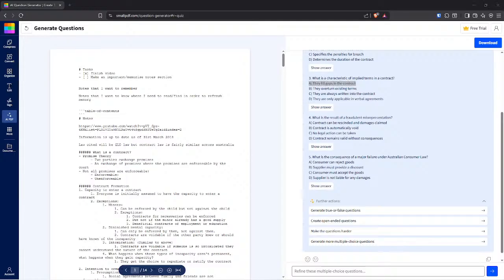So an implied term would be the mower is allowed to use a modern mower, right? And I'll just double check that. Implied term. Not written into the contract or spoken about. These fill gaps in the contract. They don't overturn anything. Consistent course of dealing, industry standards, business efficacy, law generally, Australian consumer law. Okay, cool. What is the result of a fraudulent misrepresentation? Excuse me.